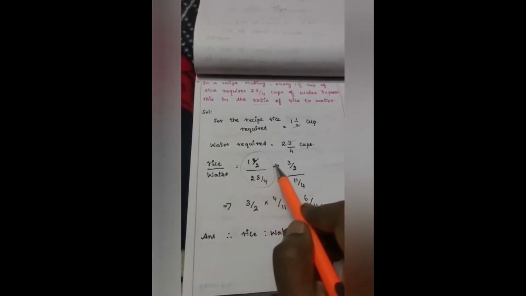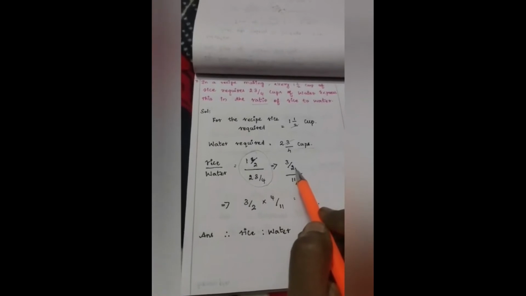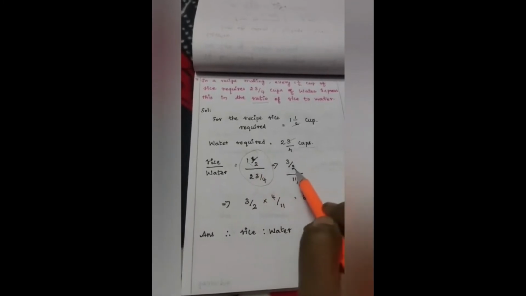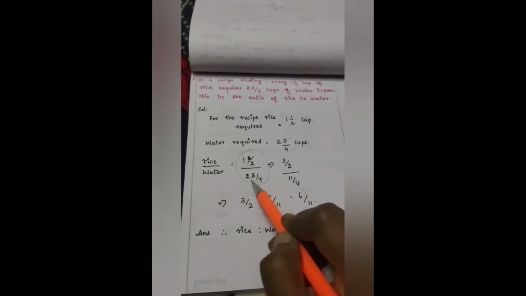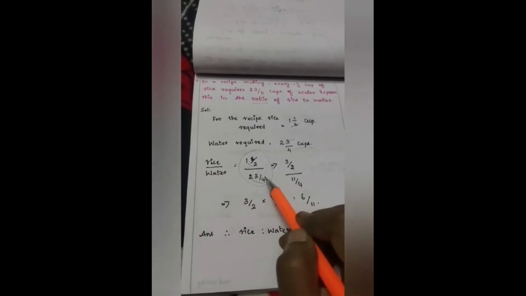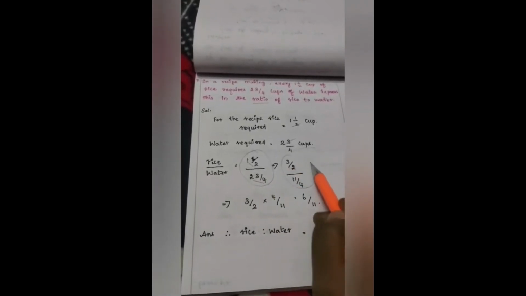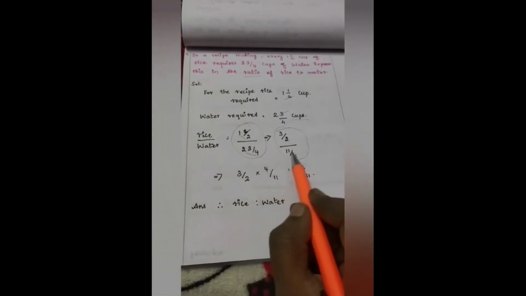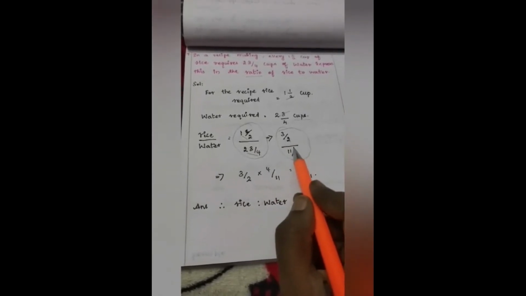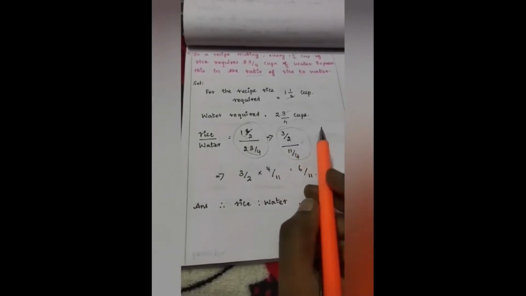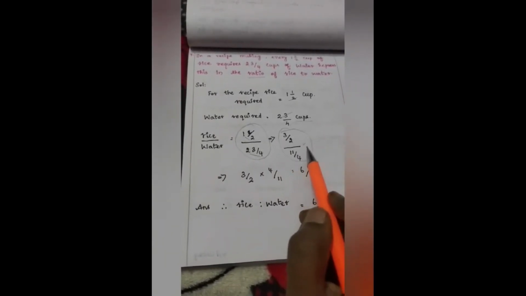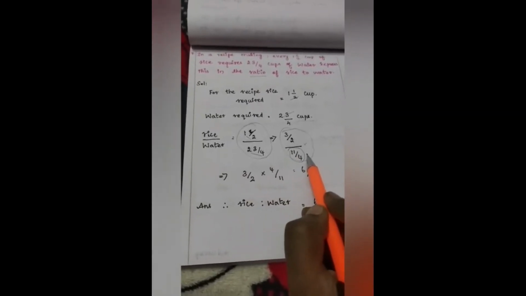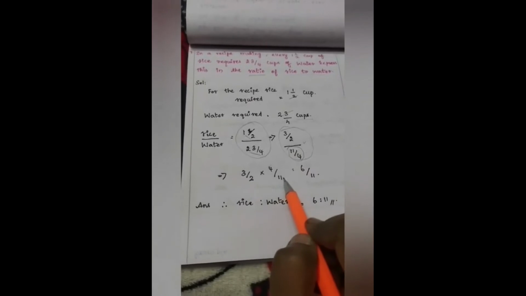Now I am going to change this mixed fraction into proper fraction. Yes, for that 2 ones are 2, 2 plus 1, 3 by 2. Yes, 2 fours are 8, 8 plus 3, 11, 11 by 4. After changing like this, the equation becomes 3 by 2 into, see, this is in the form of division. The division is changed into reciprocal while doing multiplication. Yes, the first term becomes 3 by 2 as it is. This term becomes reciprocal. So 11 by 4 becomes 4 by 11.